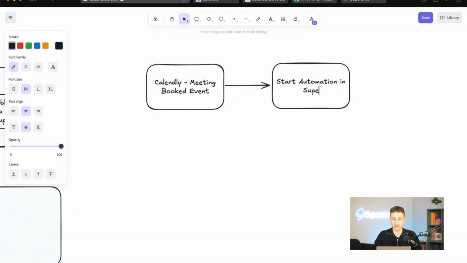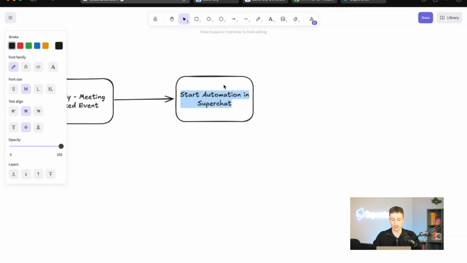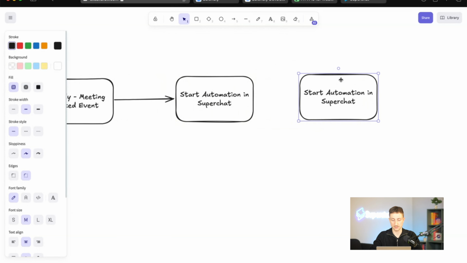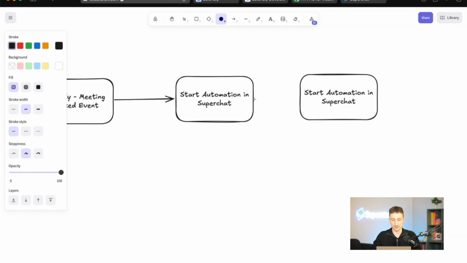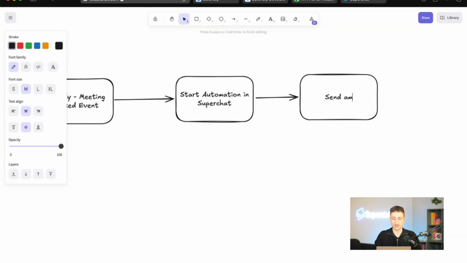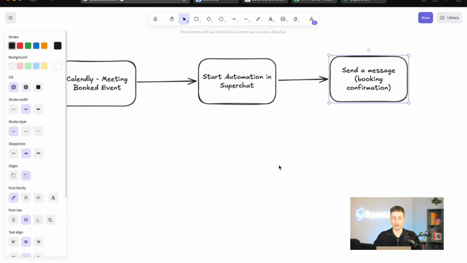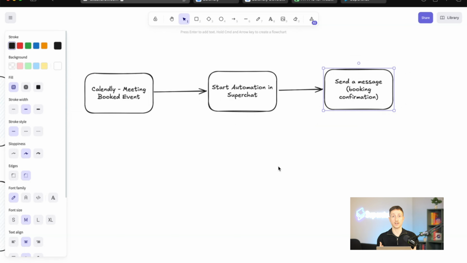And Superchat. And the next part would be we also want to then maybe send a message. Send a message. Well, let's say the booking confirmation. Yeah, and then also one more thing, because I said we want to actually also have the reminder,